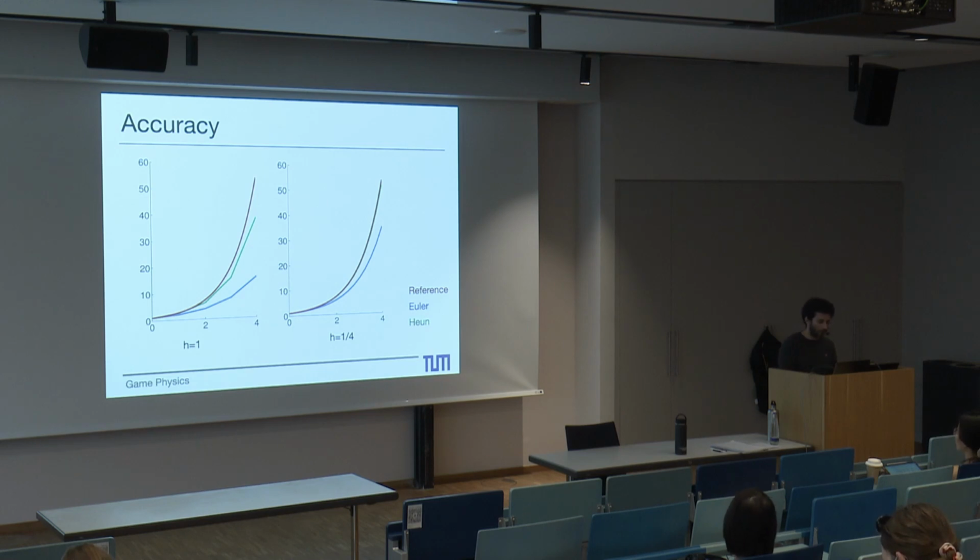So here in this plot you can see how the solution differs depending on the size of the step. By looking at this plot you can see that whenever we are using a high order method, we're going to